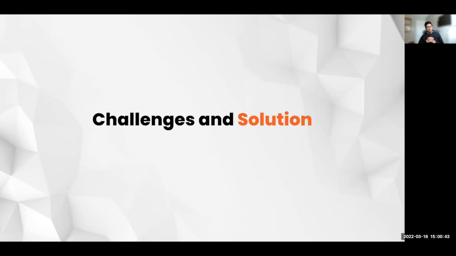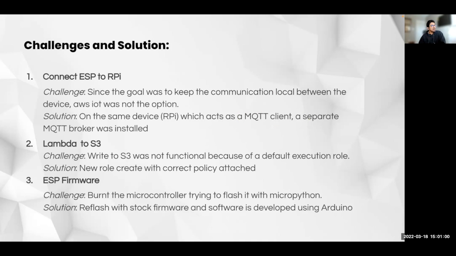I took some time to develop the solution from scratch, and I certainly went through some challenges. I'll walk you through those challenges and some of the solutions I came up with. The first one is connectivity from the ESP to the Raspberry Pi. My use case was that I wanted the communication to stay local. I could not use AWS IoT, which would mean any data from the ESP would go to the cloud and come back to